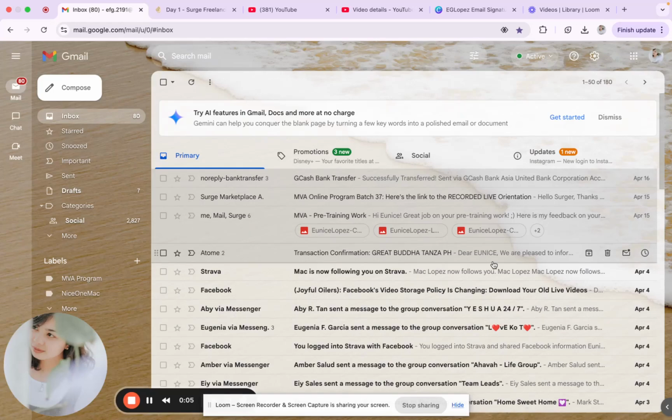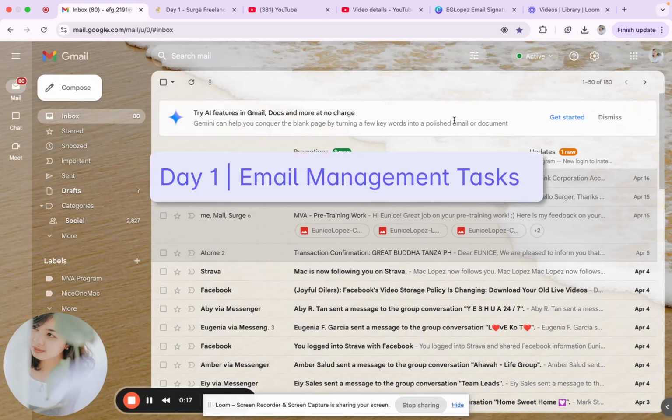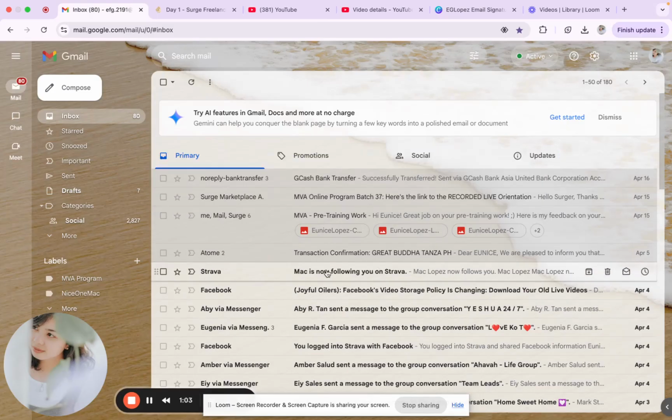For the email management task, let's start with creating labels. For this particular task, I'll be using my personal email. We're doing the MVA program or certification under Surge. I have created a folder for that, but just to show you how to create different folders or labels within